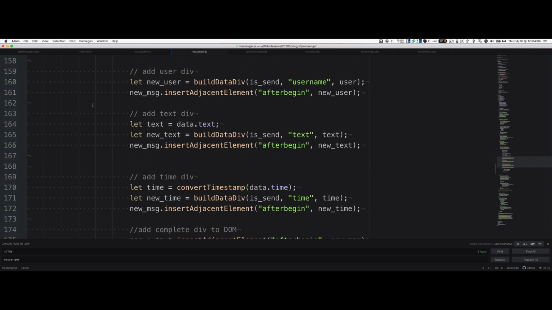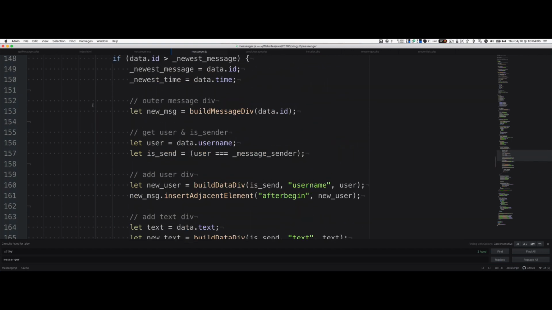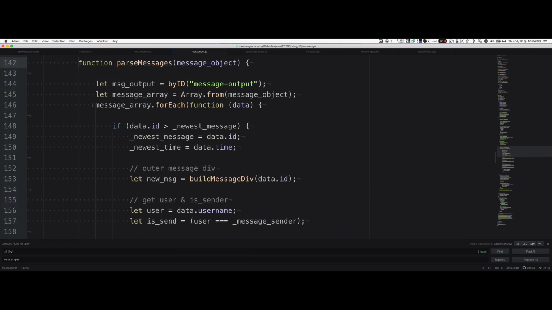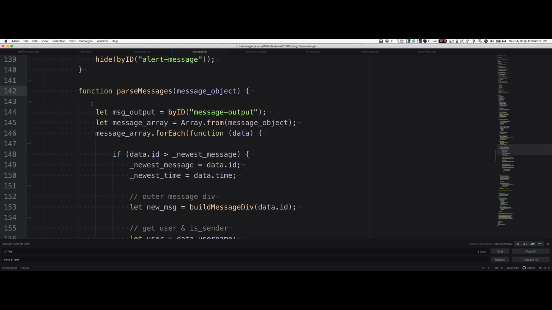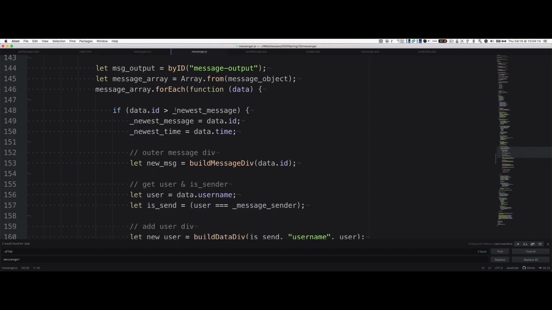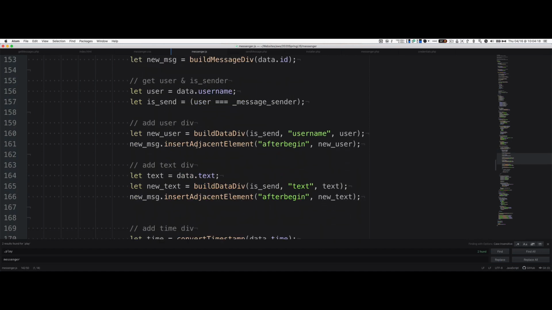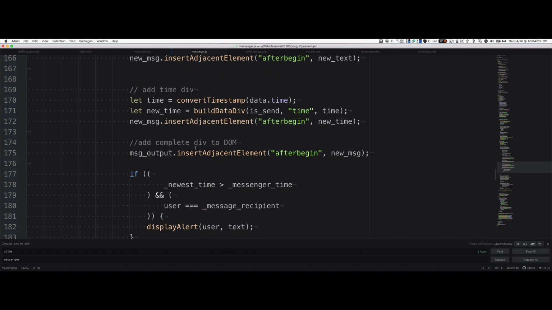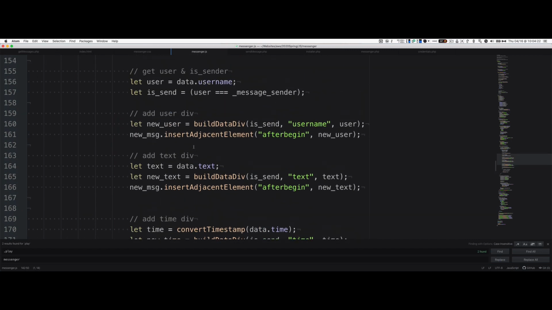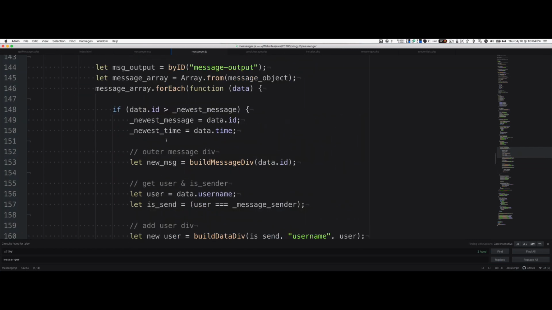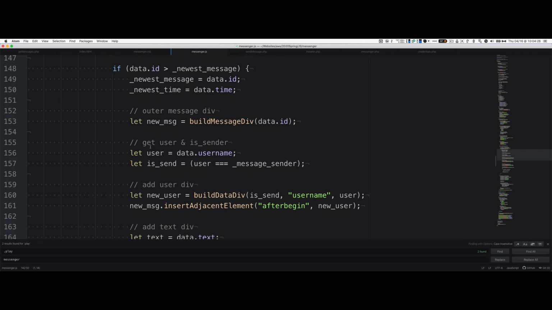And let's see, is there anything in parse messages I need to call out? So parse messages takes the message object and breaks it down and runs the loop, and then calls these build messages on each of these. So I think other than just recognizing that there's a loop, and then splitting it out versus